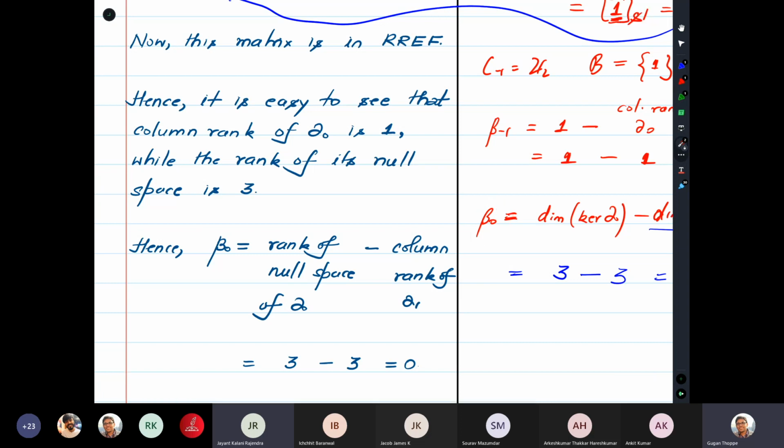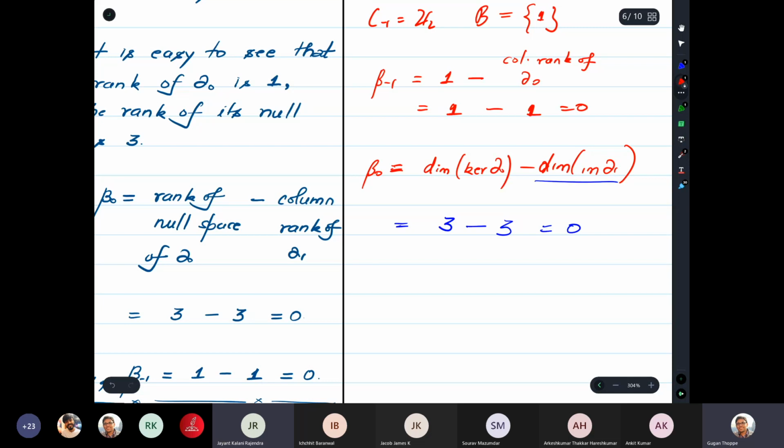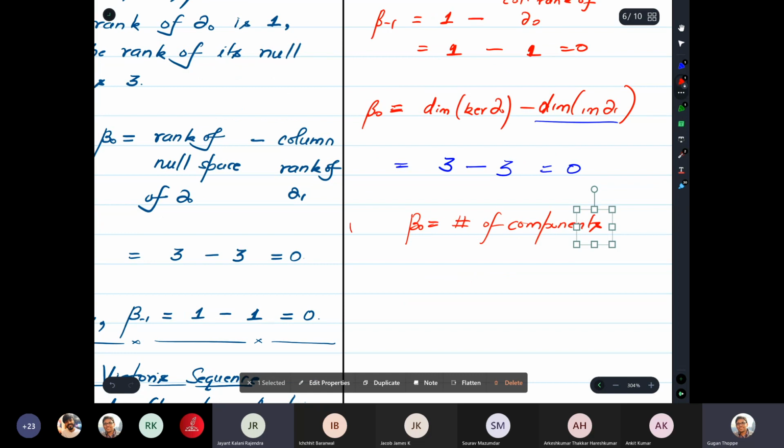So in fact, I haven't even told you what Betti 0 actually counts in the usual homology case and in the reduced homology case, but by now you should have managed to figure out that in the usual homology case it counts the number of components in a given simplicial complex. And in the reduced homology case, Betti 0 is precisely the number of components